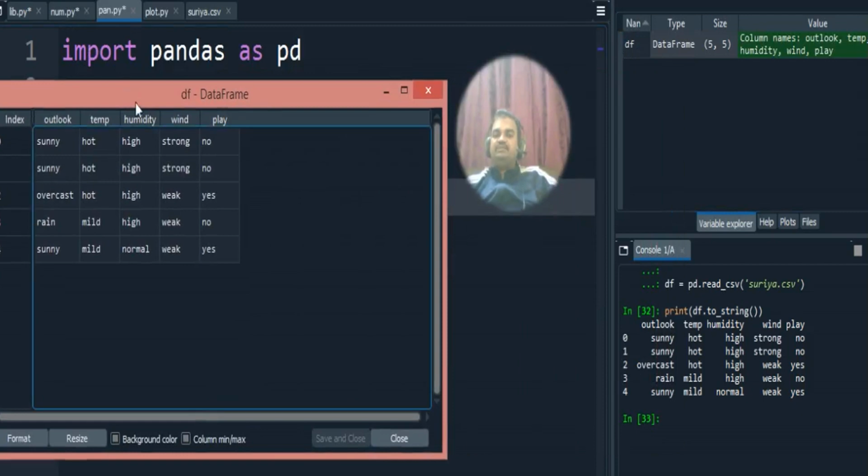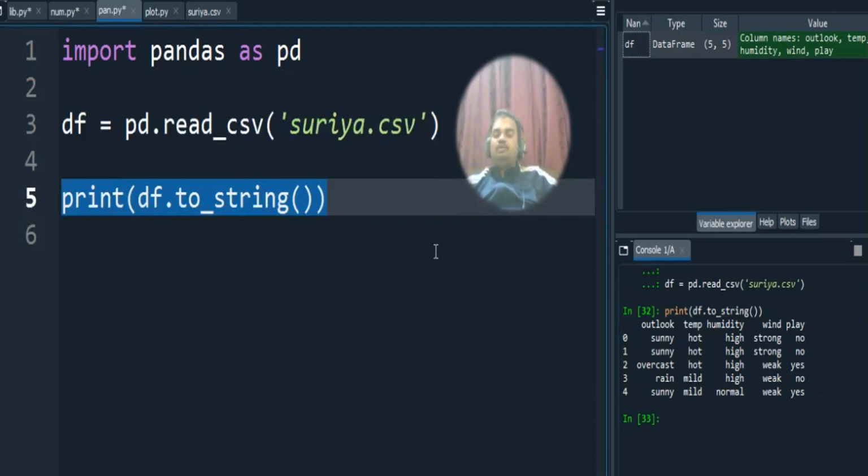So this is the data frame I am showing to you here. The same thing is displayed as output in the form of strings. In the console window, whatever we display will come in the form of strings. So those are the two different ways we can show the data set in Python programming. Okay. So this is the major thing you have to understand: how to read the CSV file and how to display the CSV file in this particular machine learning model.